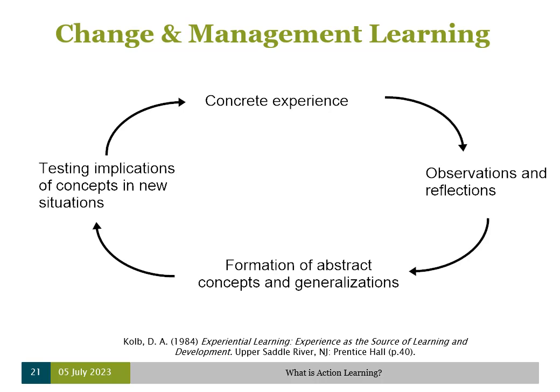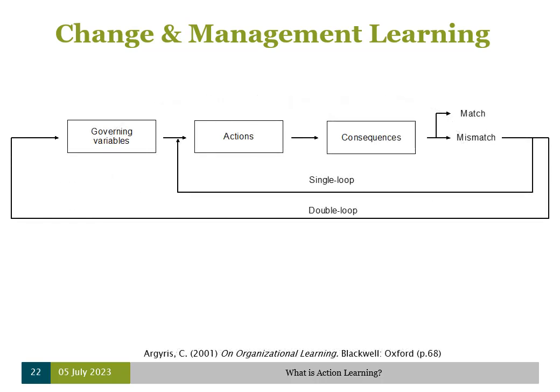Here the concrete experience has a double meaning. It is through experimentation and skill development that we acquire our new capability. Kolb's learning cycle is often referred to as single-loop learning. Recursive self-improvement until we acquire a measure of competence. This diagram also shows double-loop learning, a term coined by Chris Argyris. Thus, single-loop learning iterates between action and consequences.